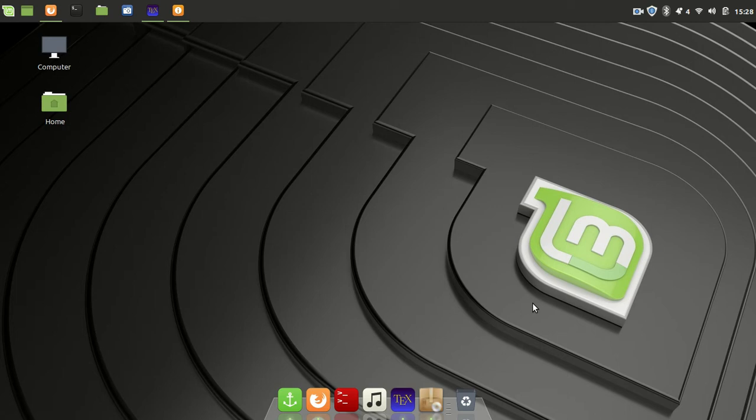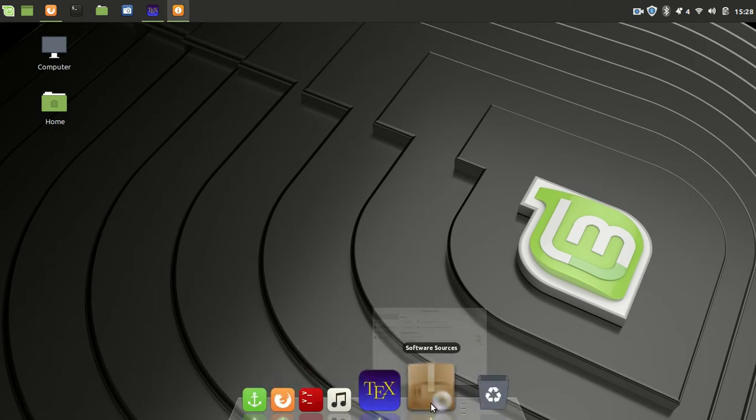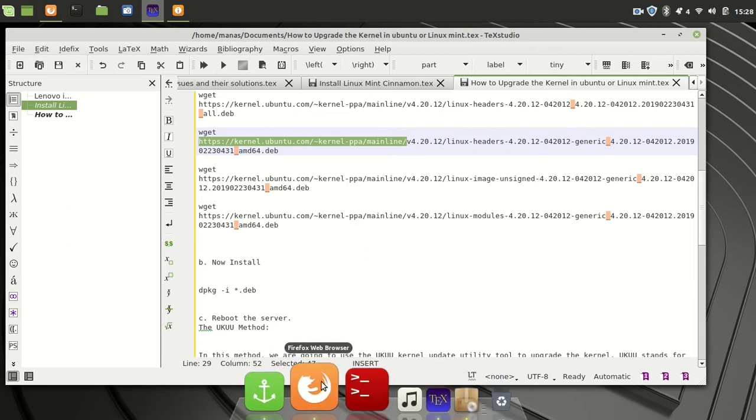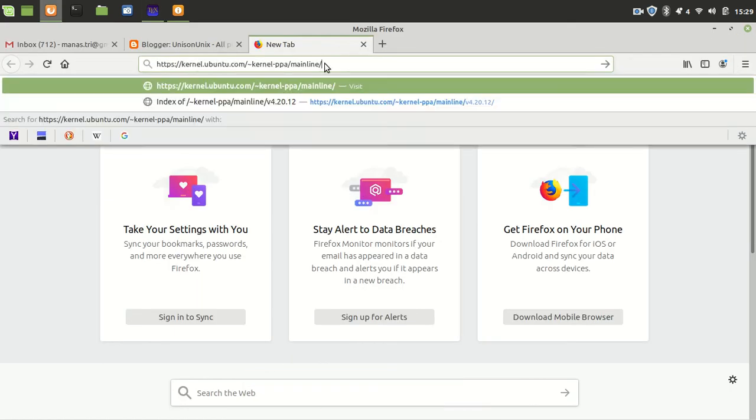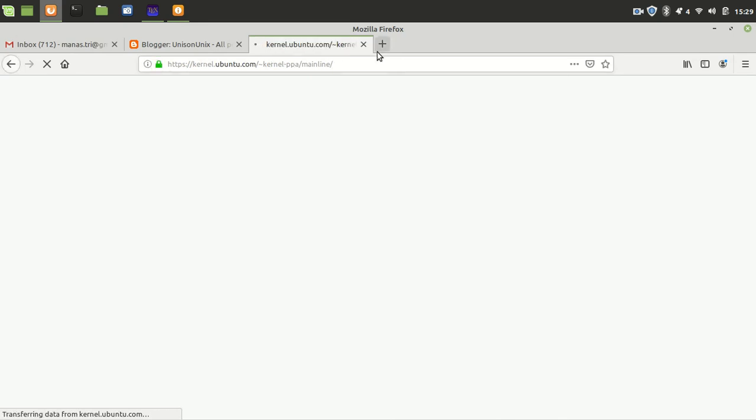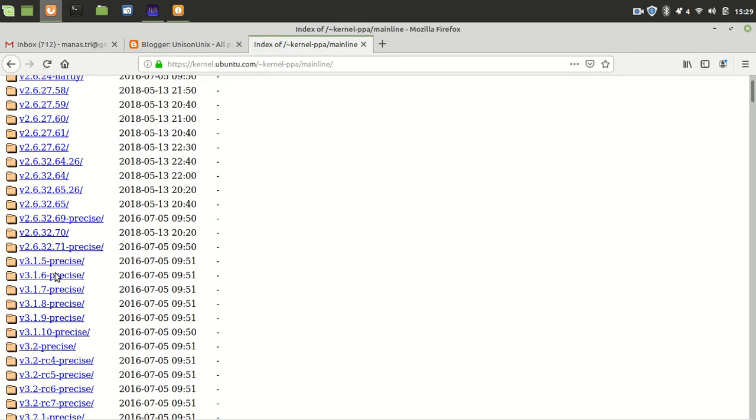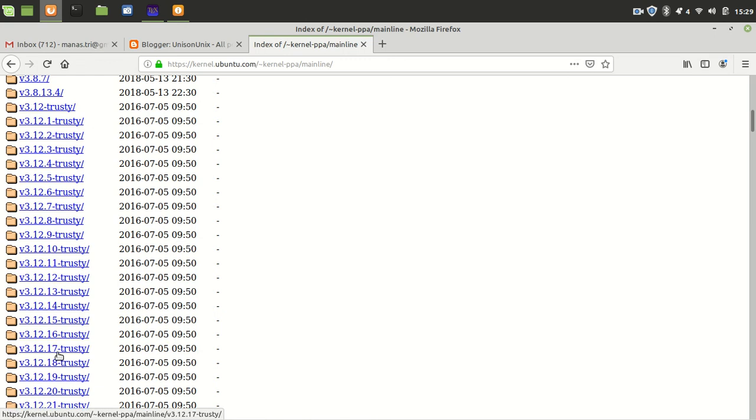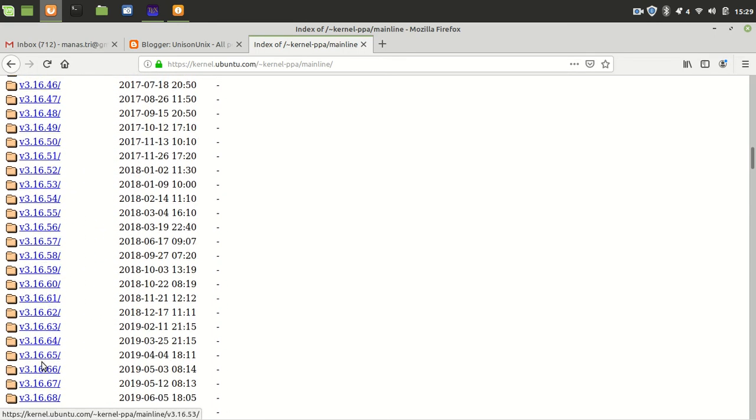For the terminal way, what you have to do is download the files from kernel.ubuntu.com. You have to go to kernel.ubuntu.com and check out your particular version, which one you want to upgrade to. So if you go here, you see all these versions of Linux. So you have to choose the version you want to upgrade with. Here I have chosen the version